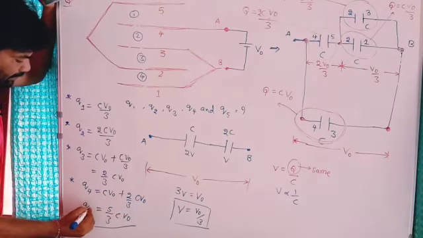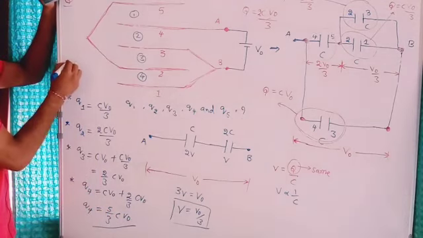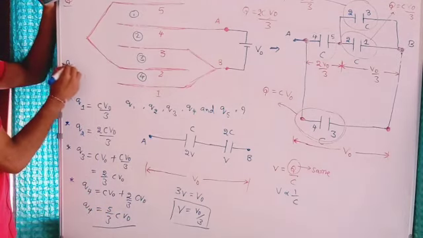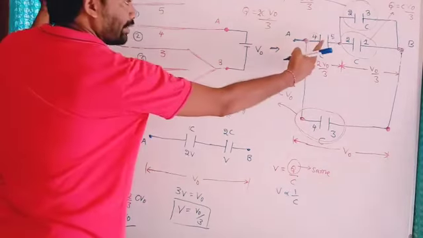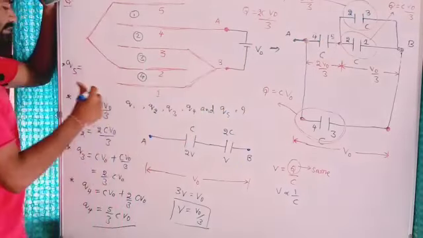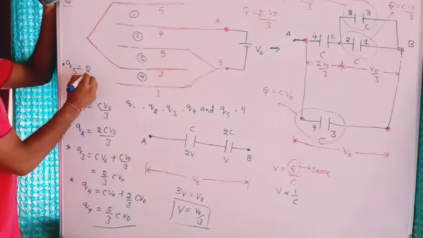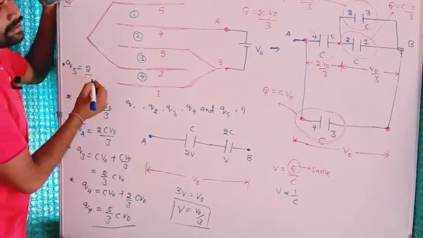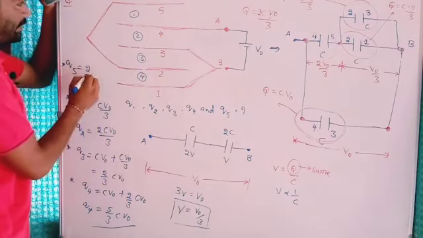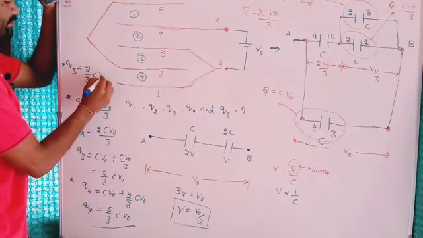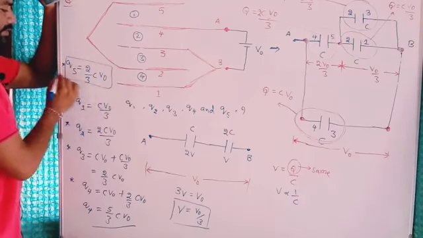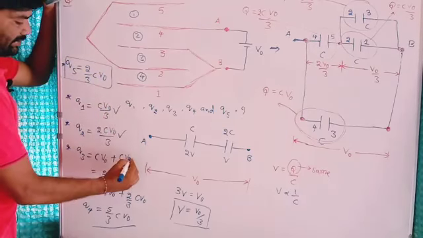This is Q4. Now the charge on the fifth plate. The fifth plate contributes to only this capacitor, so directly you can write the charge on the fifth plate is 2 by 3 CV naught. So these are the charges on